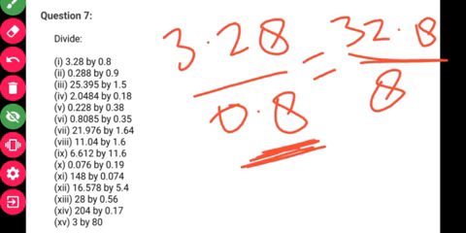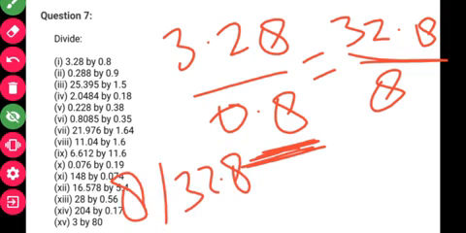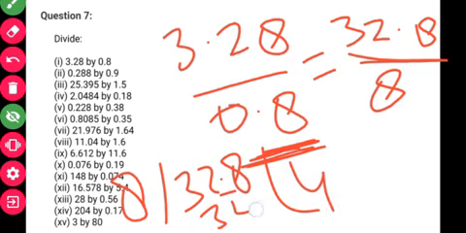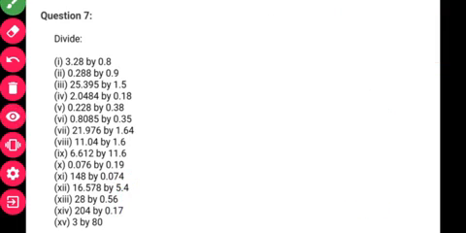You can divide. So 32.8 divided by 8. 4 eights are 32. Now cancel, take this and put the decimal point. That means in one step this will be cancelled. So this will be 4.1.